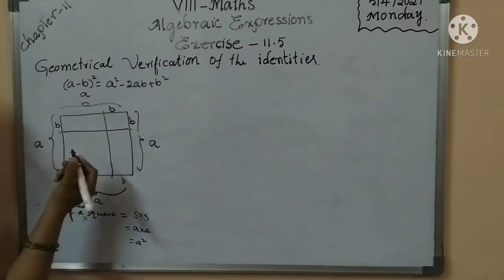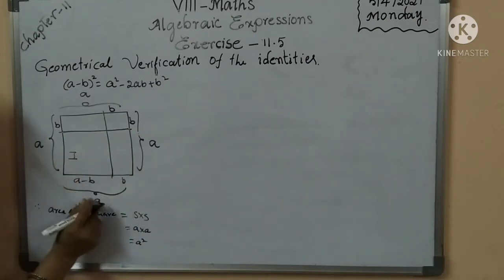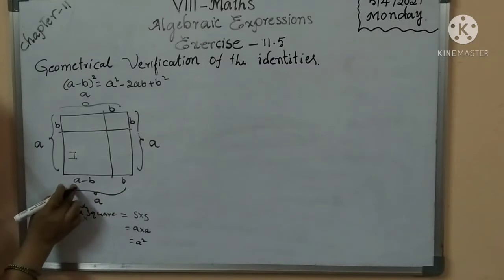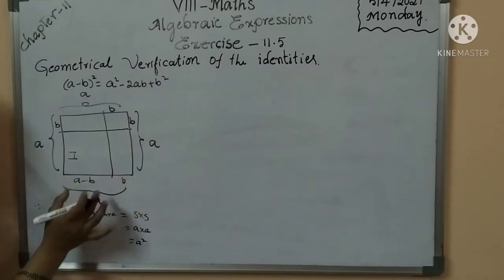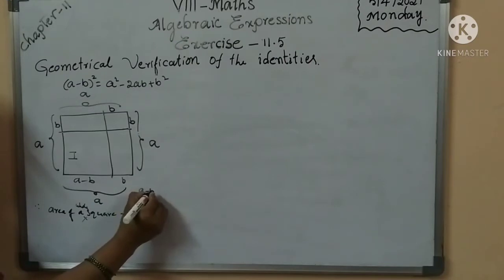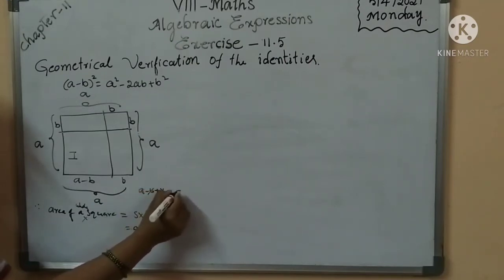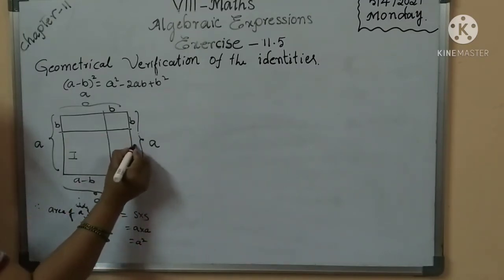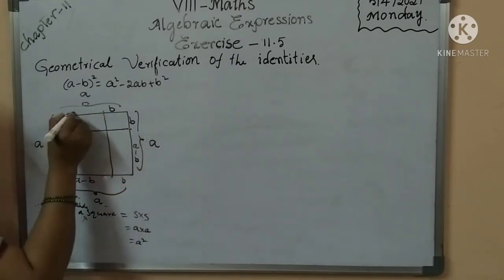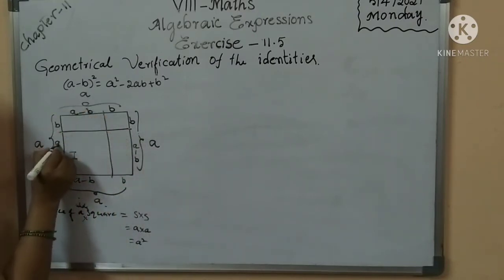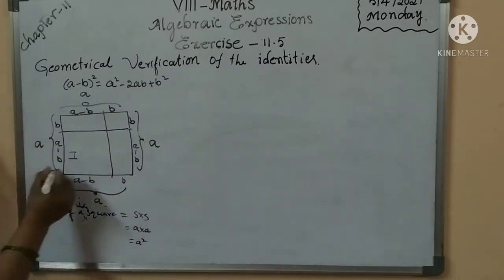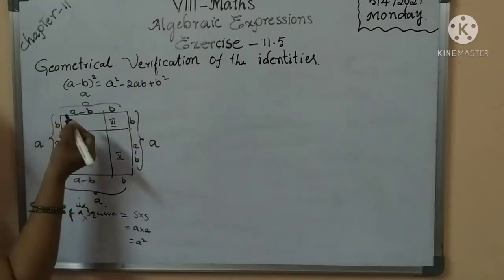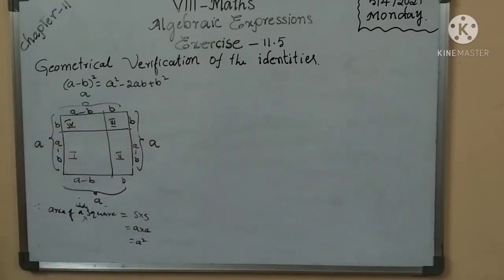Okay, so it is the first region. The total distance is A. So here to here distance B. So here to here distance A minus B. Okay, so the total distance A will become A minus B plus B; minus B plus B cancel, and we get A. So here also same. It is also A minus B, and here also A minus B, and here also A minus B. Okay, it is the first region, the second region, the third region, and the fourth region. So totally 4 parts of regions are divided.